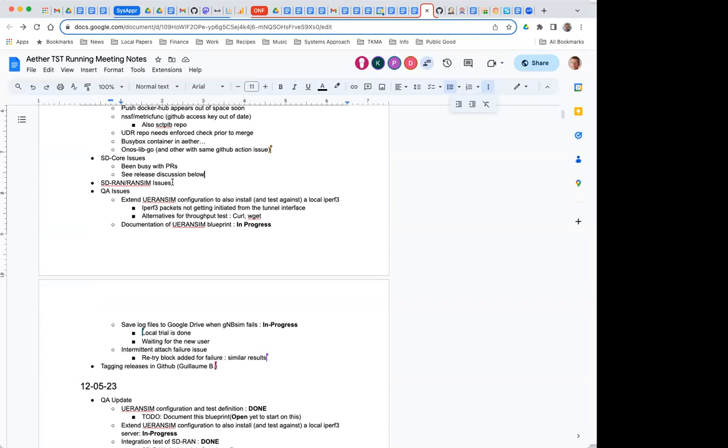Okay. So does every one of these images imply a different Helm chart? No, I think the whole SD-Core is a single Helm chart. The only thing is we have to update those image tags in the Helm charts. So the default images will be the latest code. Well, this is kind of related to Ether in a box. On-ramp always tests the latest Helm chart, which, if it's updated with the latest images, means the latest images too. But it doesn't sound like that's happening.